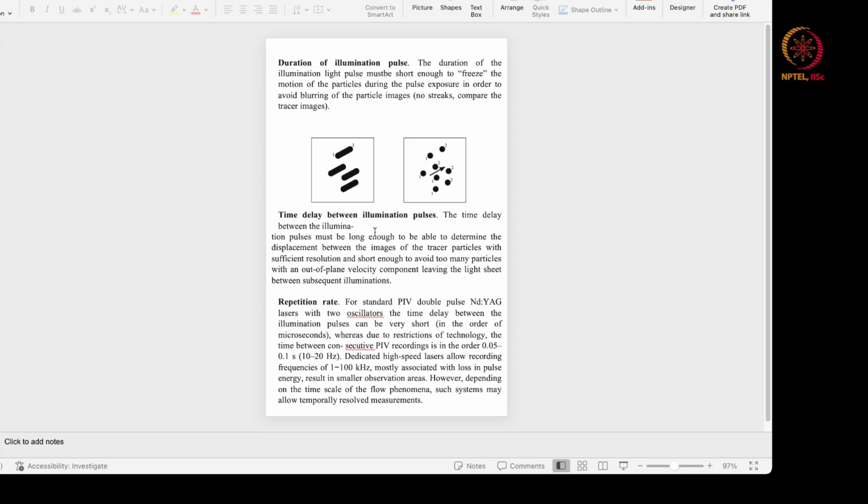These are mostly associated with loss in pulse energy, resulting in very small observation areas. So you cannot observe large areas because the laser power will not be there. It will be distributed because you are making a sheet, so you're basically distributing the power everywhere. However, depending on the time scale of the flow phenomena, such systems may allow temporally resolved measurement. I think that's a big thing, because you sometimes need to resolve the flow physics at very high temporal